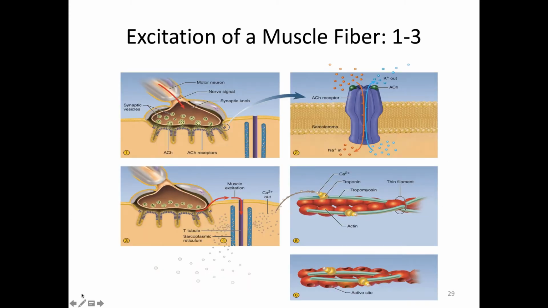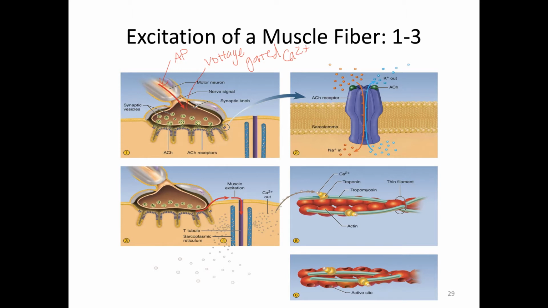So, what I'm going to do is annotate this particular drawing with some stuff from lecture as I walk you through it. So this red arrow represents the action potential coming down the axon to the synaptic knob at the end of the motor neuron. Remember that the action potential reaching that point opens voltage-gated calcium channels